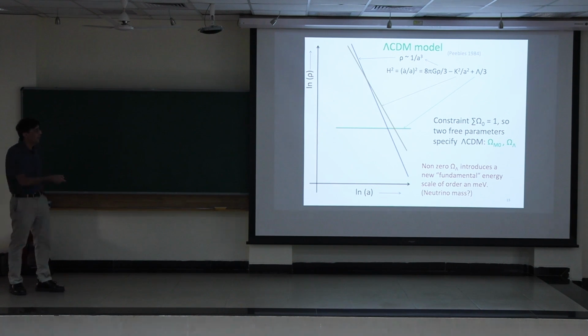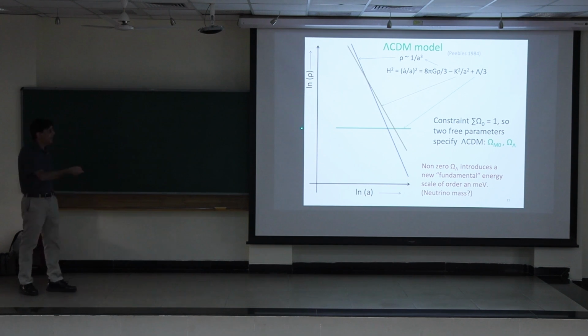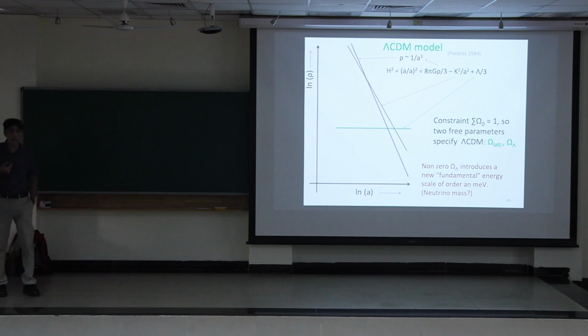So there's only 2 free parameters, and conventionally in this model, it's the current value of omega matter and omega lambda. And you can immediately see what the problem with dark energy is, at least to particle physicists. This is an energy per unit volume, so you can change it to an energy to the 4th power, and if you take the 4th root, that tells you what the energy scale associated with this is. And that scale is a milli-electron volt or so.